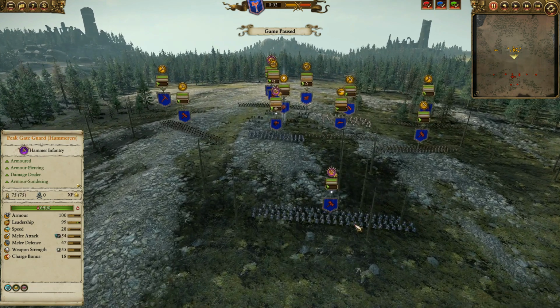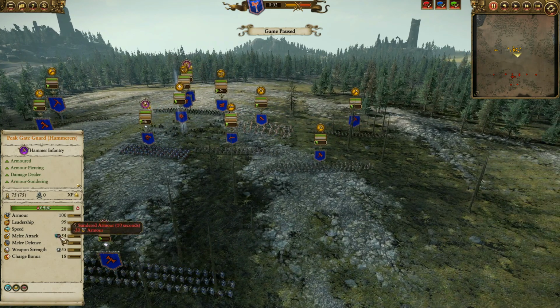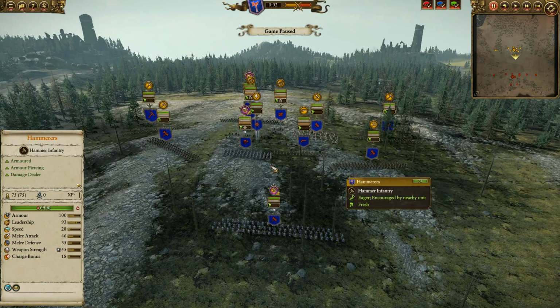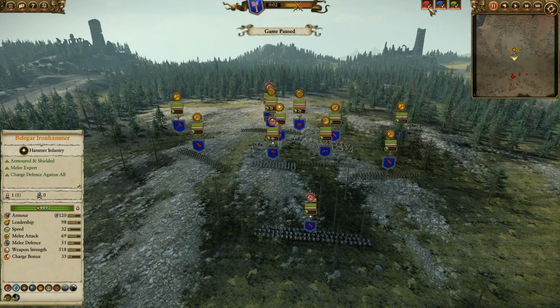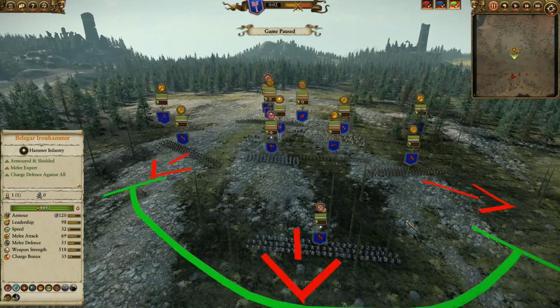Now, in the front line, he actually has a Peak Gate Guard, very strong regiment of renowned hammers. They have 55 weapon strength, they do magic damage, and they do armor sundering. He also has two groups of hammers on either side. And this is sort of how I like to set up my line, so you really have a very strong line all around you, so you make a very powerful front line, and that's what he's got set up